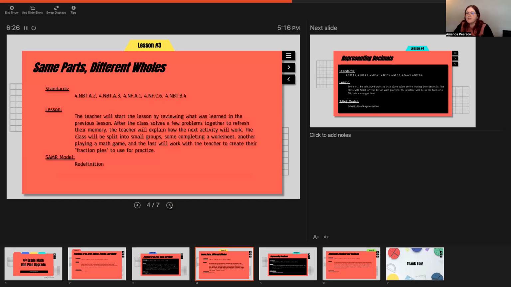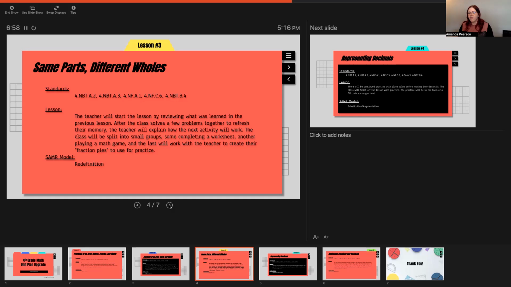So same parts, different wholes was lesson number 3. This lesson was to have the students review what they learned in previous lessons. After each class solves a few of the problems together based on memory, they'll work on the next activity. This one, the class will be split into small groups. Some will work on a worksheet, another will play a math game, and then the last will work on fraction